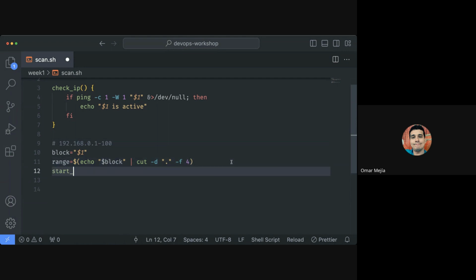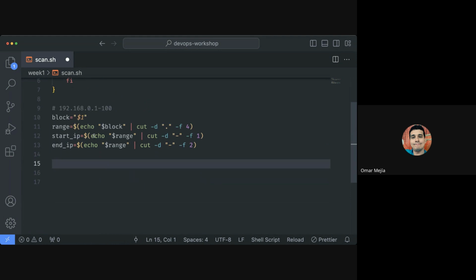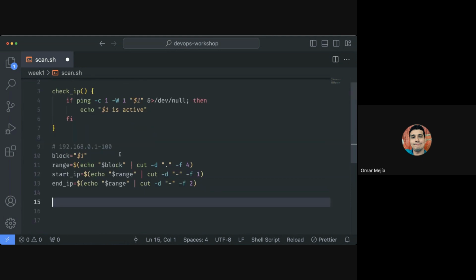And similarly, we can say I want my start IP to be, we're going to echo range, right? Pipe it into cut, and very similarly, I'm going to set the delimiter to a dash, and I want the first field, right? We can copy this and do the same but the second field, right? So now I have my start IP, my end IP, and so the only thing that I need is the